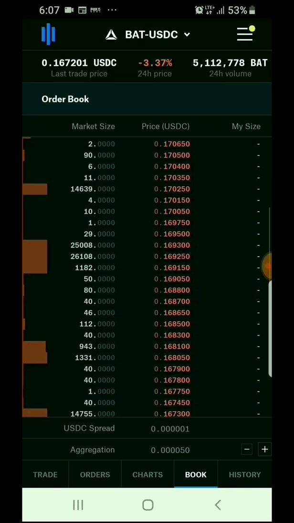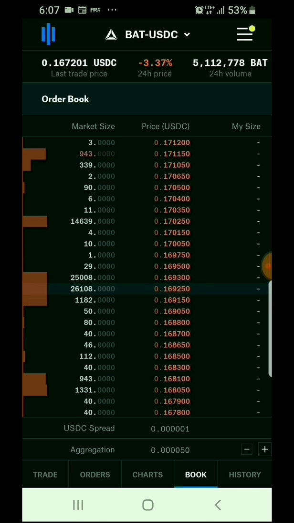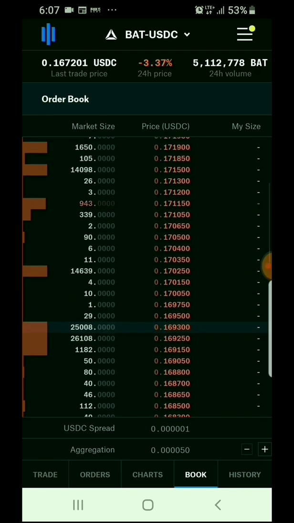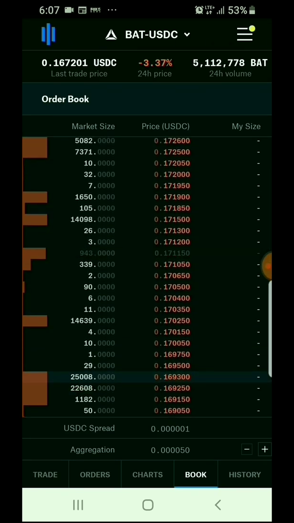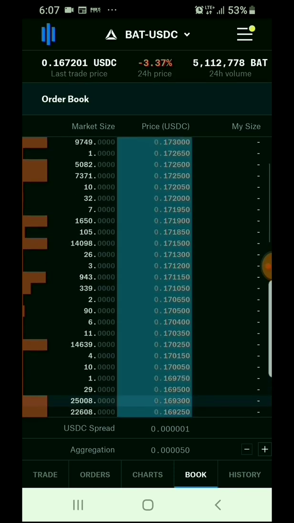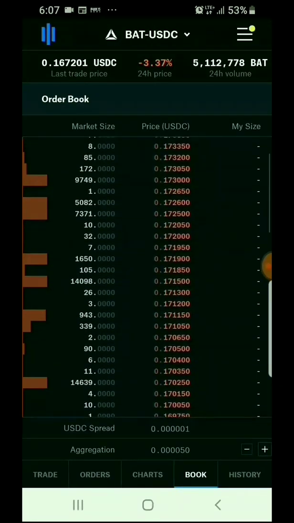Now, again, I bought at 169, so I can't sell below 169, because if I do, not only will I lose money, I'll take a hit, I'll also end up with less tokens, or I'll have less money, which means when I go back to buy the next time, I'll basically be starting off in a worse position than before. So you always have to pay attention to what's going on. So I'll just keep scrolling down or scrolling up, looking further up to the top of the screen to see what's flashing and what isn't.